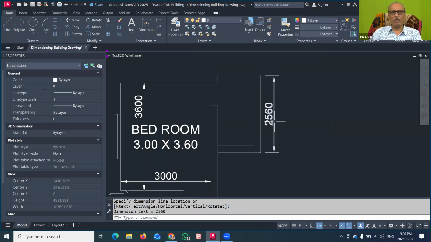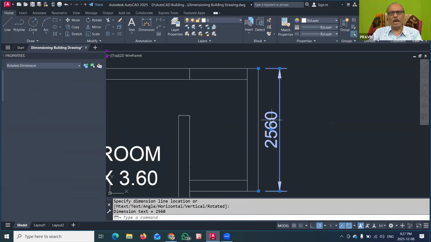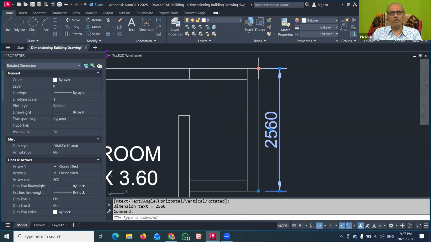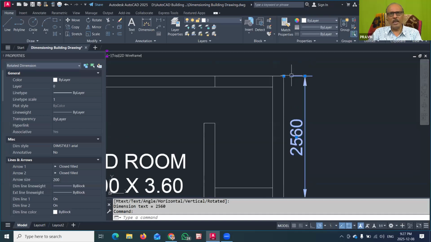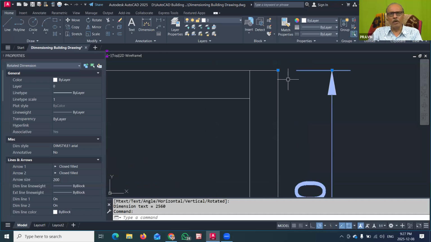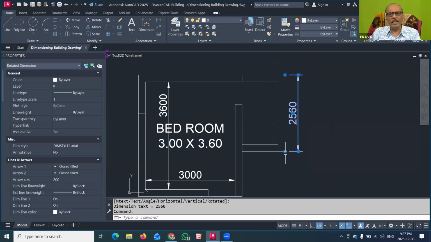So guys, you have to remember that this dimension is properly placed beside this wall. Here you have to ensure that when I select this dimension, my origin is this corner of this wall and the corner of this wall. But here, this is my extension line. This extension line starts from the proper gap, and that gap I have defined as 150 millimeter. So it shall appear a little bit aside to that object or building drawing. So that you have to ensure. So we have done it very nicely here.